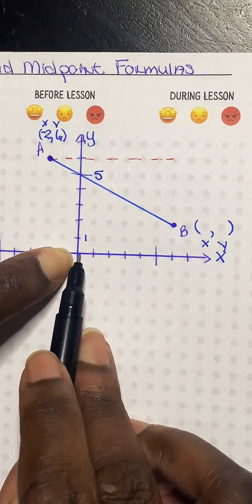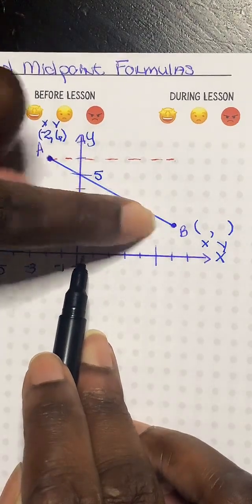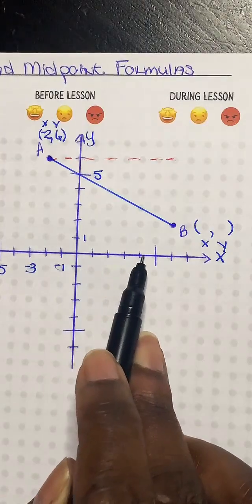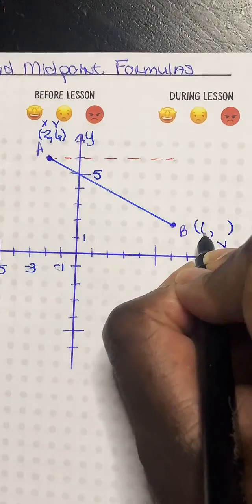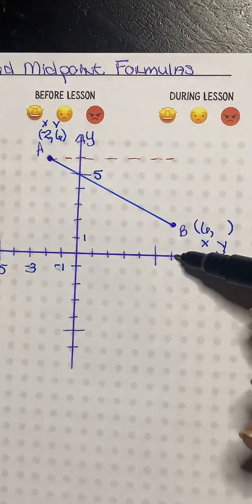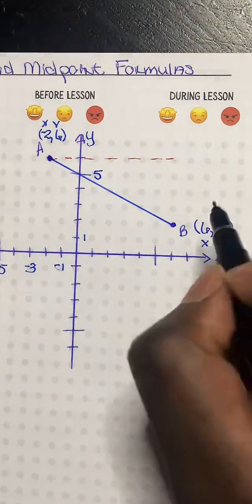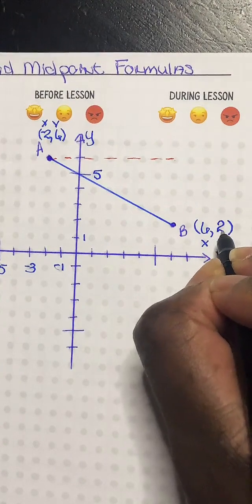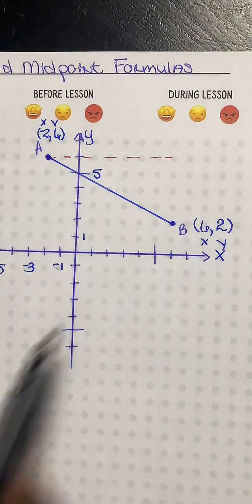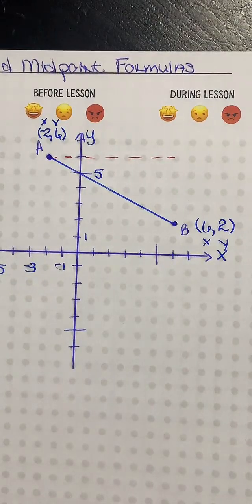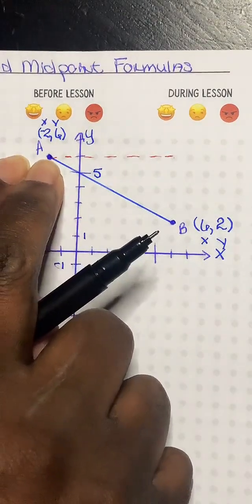Then we're going to go to the right, because that's where point B is. 1, 2, 3, 4, 5, 6. So my X value is 6. And then we're going up 1, 2. My Y value is 2. All right? So now that we have the coordinates, I want to know what the distance is from here to